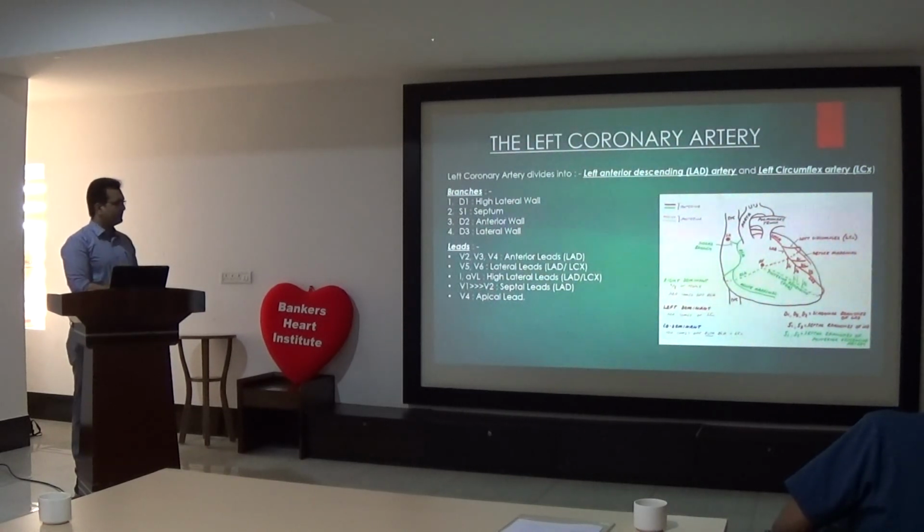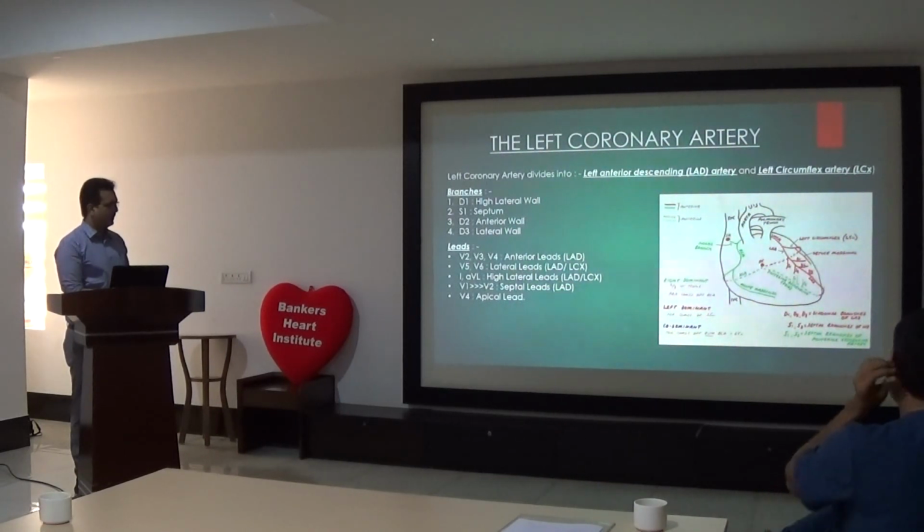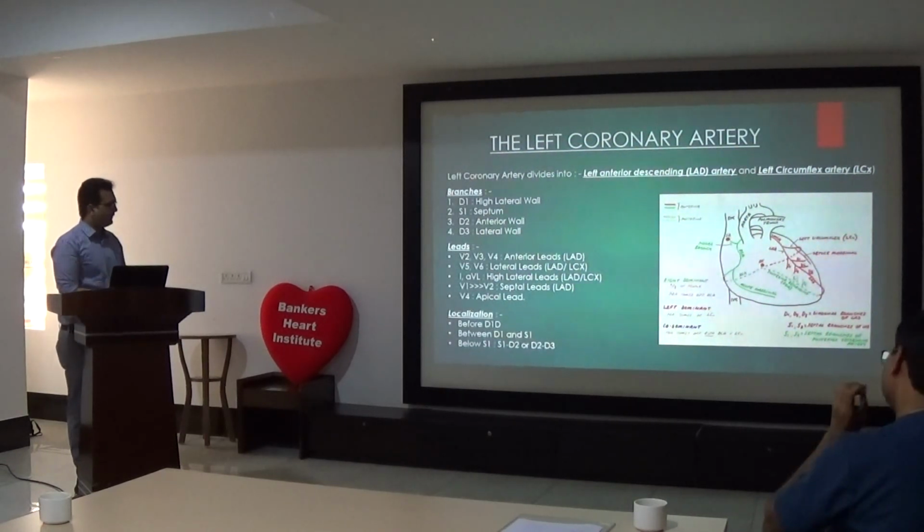The lateral wall may be supplied by the LAD or may be supplied by the LCX. Leads 1 and AVL are called the high lateral leads. Again, that area of the heart can be supplied by the LAD or the LCX. Septal leads are leads V1 mostly and also V2, and lead V4 is the apical lead. So here,